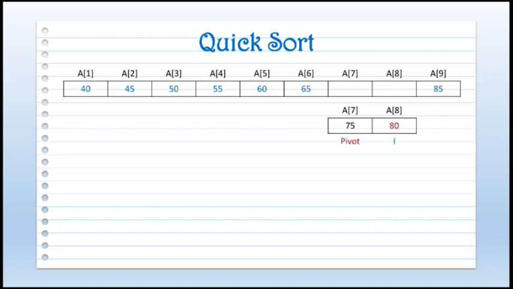So again do the same process. Is 80 greater than the pivot element? Yes, the condition is true. So now you can see there are no elements further to check for the jth position from the right hand side. That means these two elements are already sorted. So we will replace those values in the sorted list. So 75 will be at the 7th position and 80 will be at the 8th position. So in this way we can sort the elements which are unsorted by using quick sort.